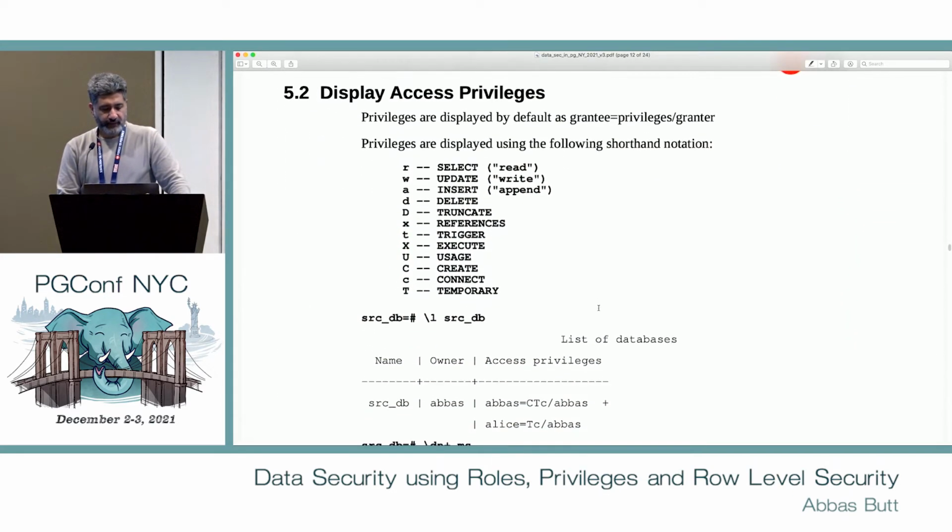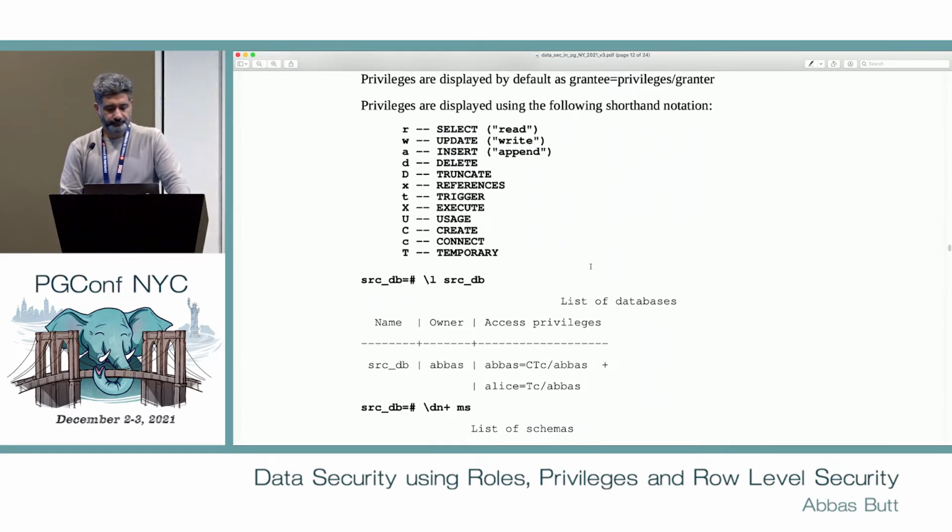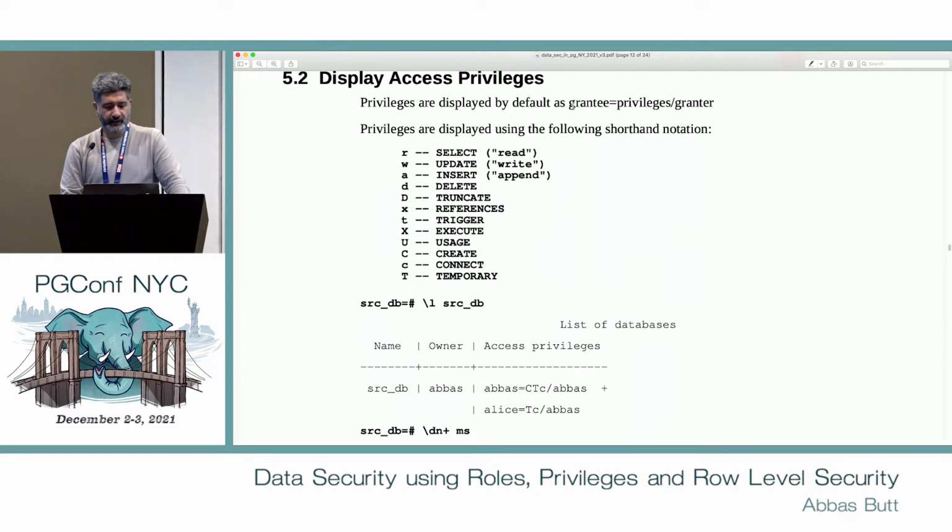So these are the privileges that are available within PostgreSQL that can be granted, and we saw which error messages are thrown in case these particular privileges are not granted to a user. While displaying the access privileges, a particular shorthand notation is used: for select it is r, for update w, etc. And the format is grantee=privileges/grantor.